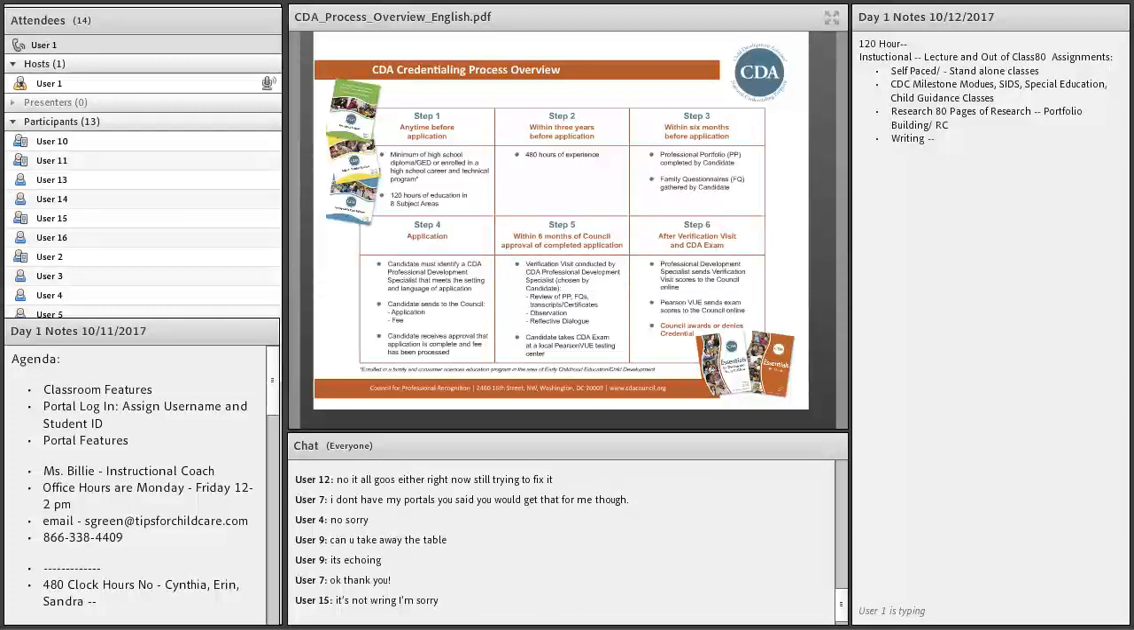In addition to the self-paced standalones, the CDC modules, your research, you also get credit for your writing. Now, that writing in itself, guys, is going to have to include,